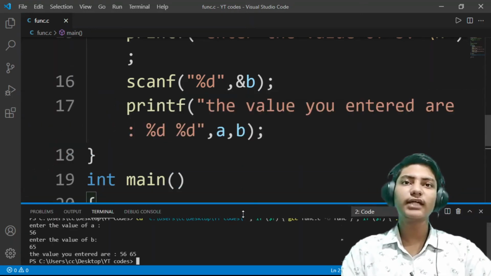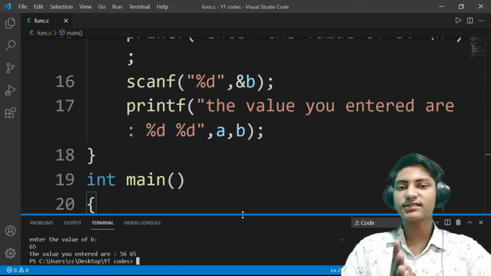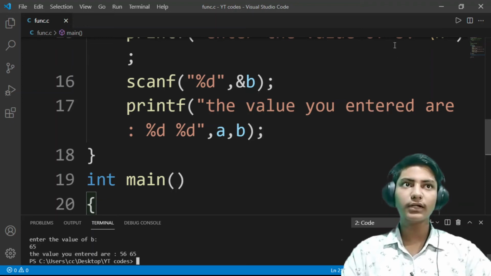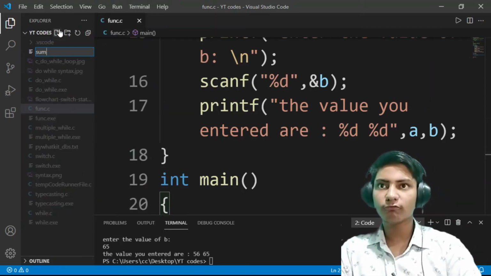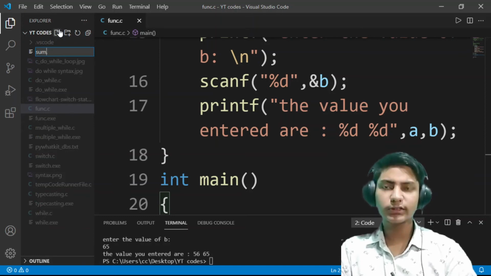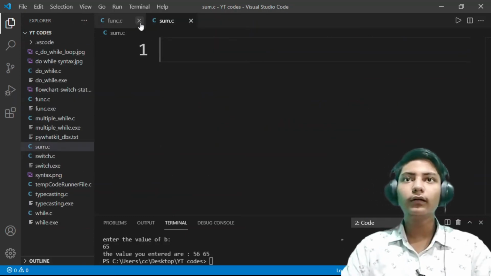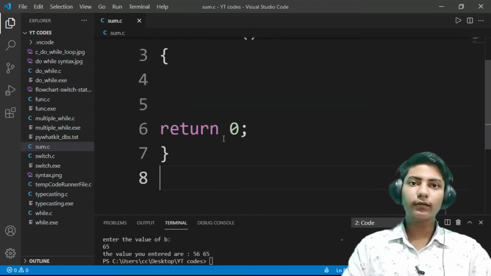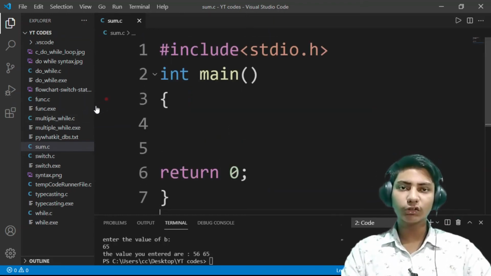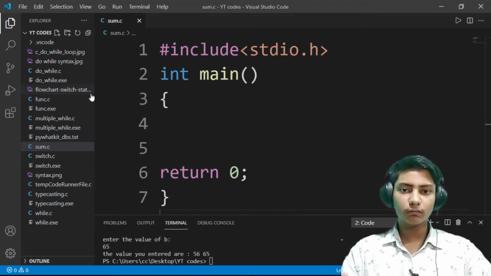So let us check another function which will provide us the sum of two variables. Let us make a new file here. Let it be sum1.c or sum.c and close this. Yeah, main basic snippet. And now I'm going to make a new function which will take the value of a and b from the user and print the sum.